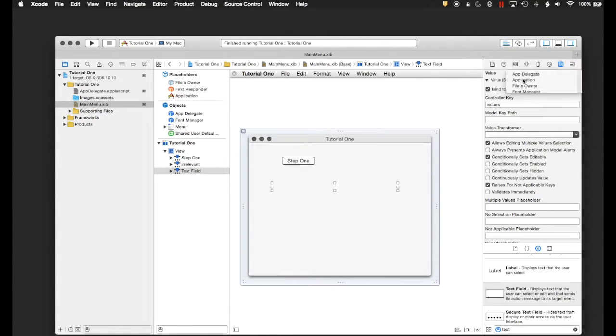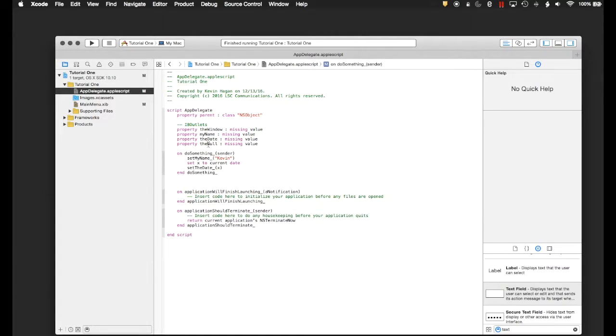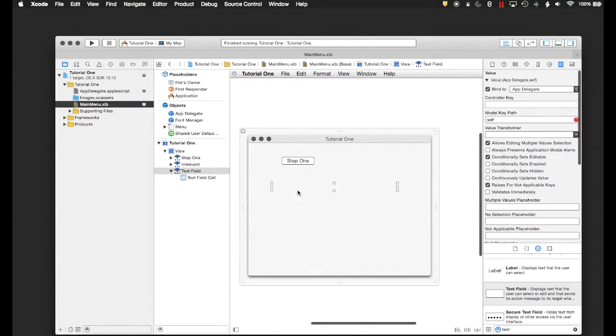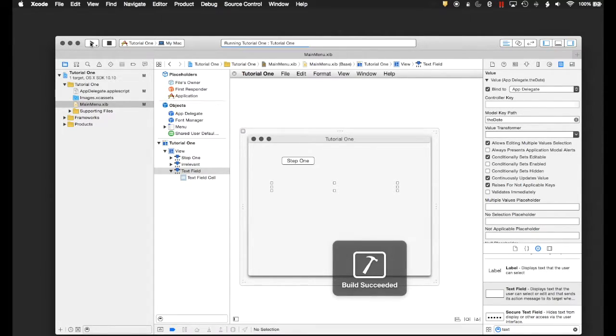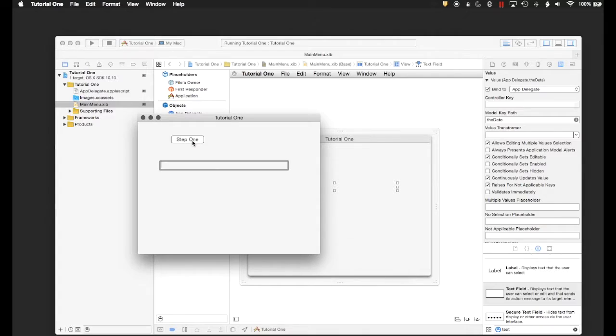And I have to bind that, again, the AppDelegate for this object is the date. So we go back to the main menu and we put in the date and we want it to continuously update. So it's going to update every time that button's clicked. So we build it, throws an error. Well, it doesn't really throw an error, it just doesn't give you what you think it's going to give you,